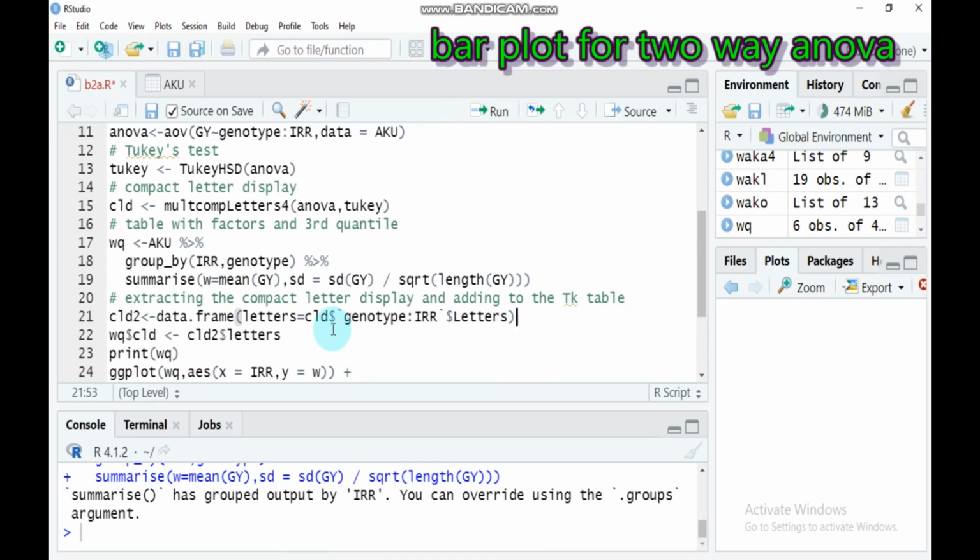The other one is that we can extract the compact letters, especially by adding the Tukey table. In order to do that, we have to say here CLD2. Maybe you can also give an alternative name, but for the sake of this tutorial, I mentioned CLD2, and here data.frame is a function, and the letters call the CLD that we created here, the compact letter display, and here is the interaction effect that